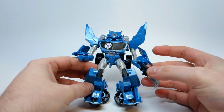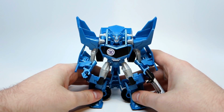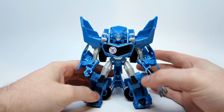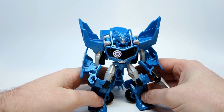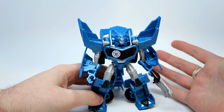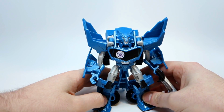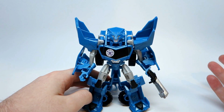So I don't know if this is more of he's just a leader by chance because there's some kind of rogue group on Earth and they don't really have an actual de facto leader, so he just kind of sees leadership through power. I mean, that would be very Decepticon-y, so I could get on board with that if he's just kind of like a may the strongest win type of leader, but I do kind of hope at some point,